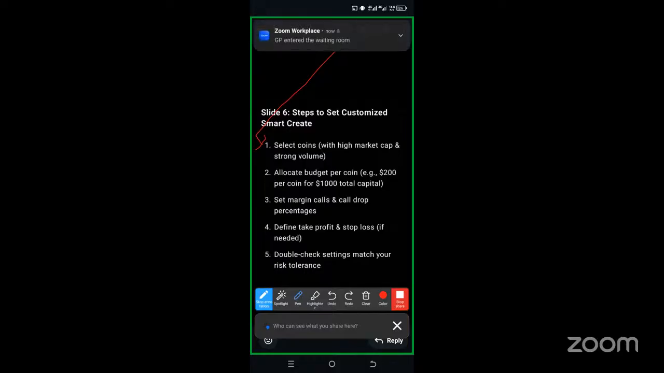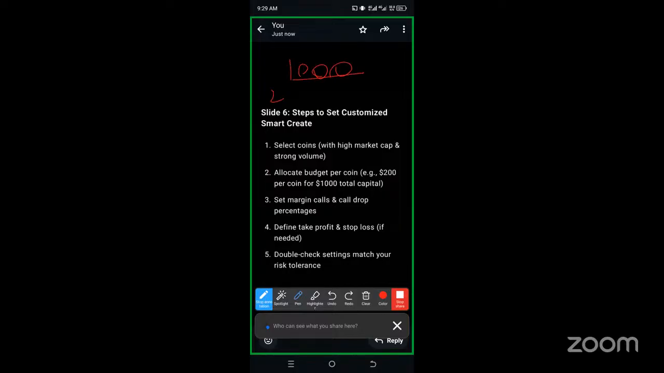We don't do this. Select coins with high market cap and strong volume. That's number one. Two, allocate budget per coin. Example of capital, $200 per coin for $1,000 total capital. Now, if you have $1,000, you can budget $200 per coin, meaning that you will be trading 5 coins in